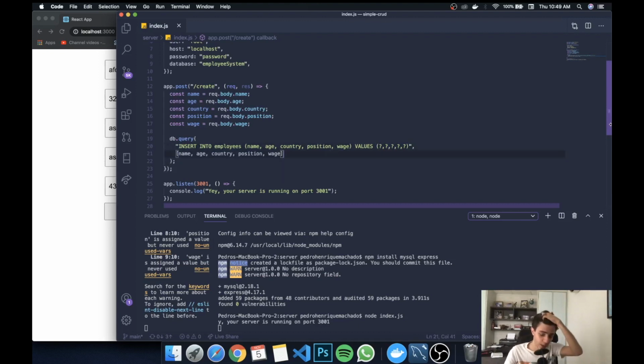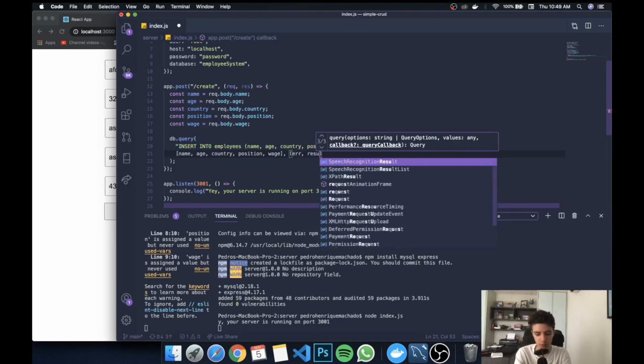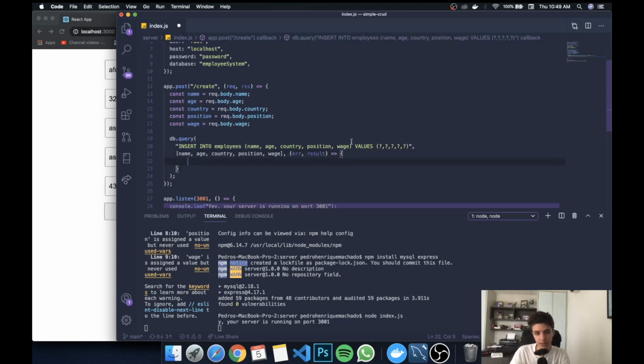And this is a great feature that we're able to use, and this is kind of the standard. Over here, after we can put a comma, and right here we have to put a callback function, which basically represents what we will do after the statement is done. So usually what we do is we grab 2 variables, error and result. Error is if there's any error that occurred making the SQL statement, then the error will be displayed over here, and result is just the result of that statement. So let's create a function using these 2 variables, and over here we can just say if error, meaning if there's any error, we want to